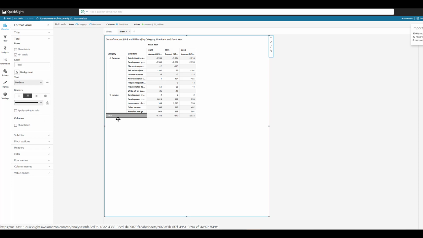Now, to apply the same styling that you have applied to the headers of the total to the cells, just check this button, apply styling to the cells.